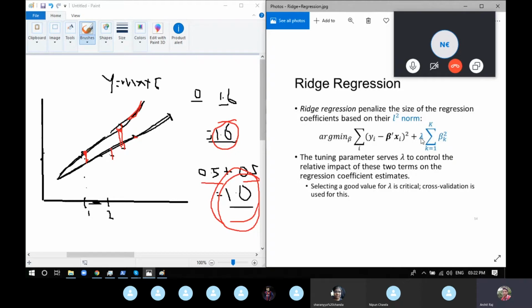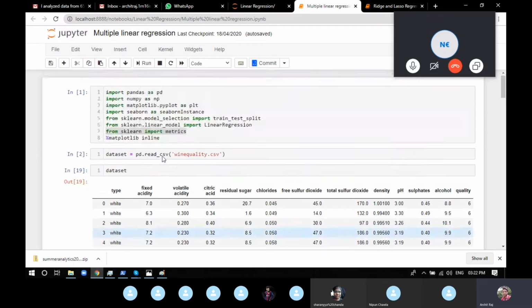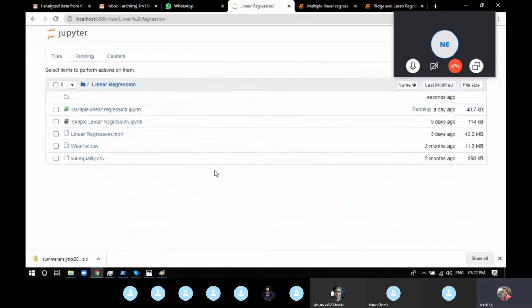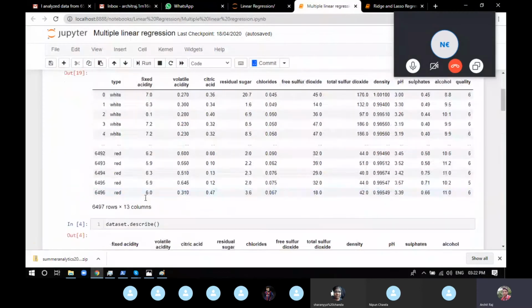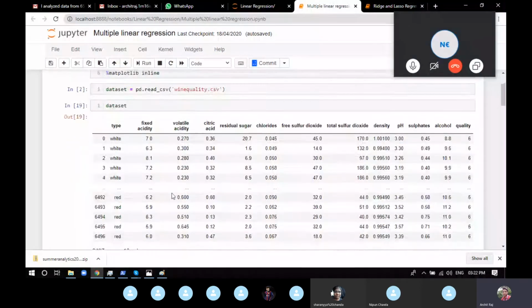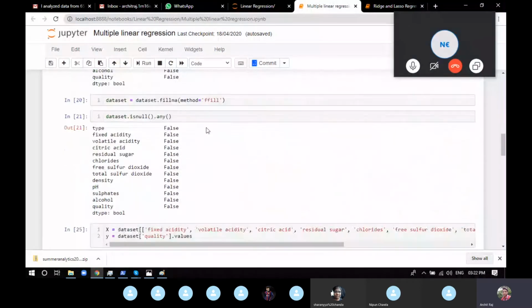Okay, so this particular term alpha is known as a hyperparameter. Now there are two types of parameters. If I show you the code for linear regression for now, take it as any regression. For any model, you provide data like this in this function, fillna, method is equal to fill. So this is called a parameter that you're providing for a function.